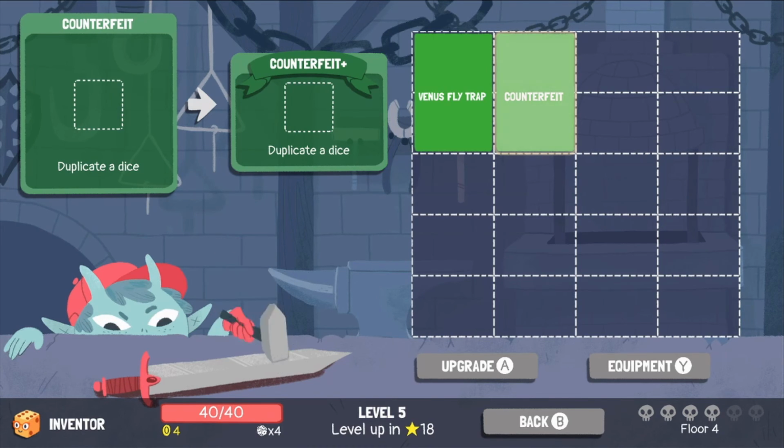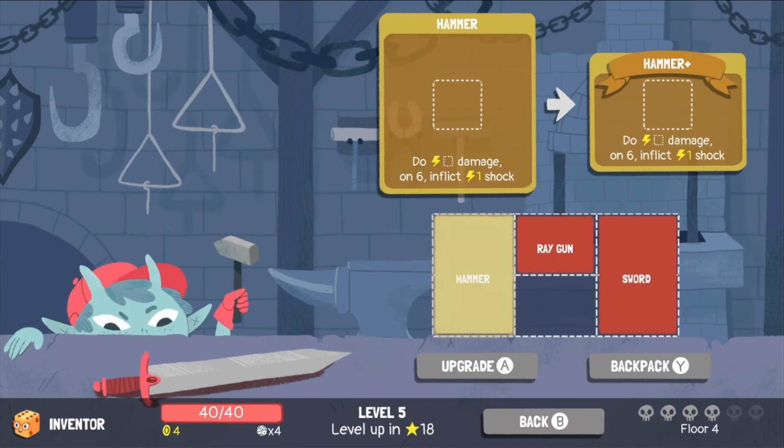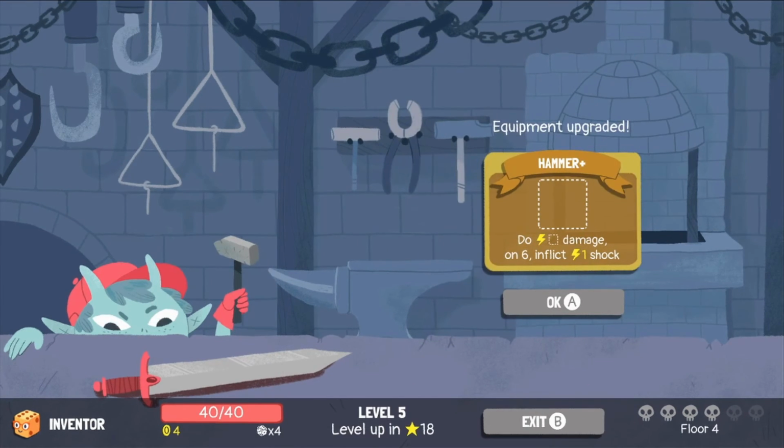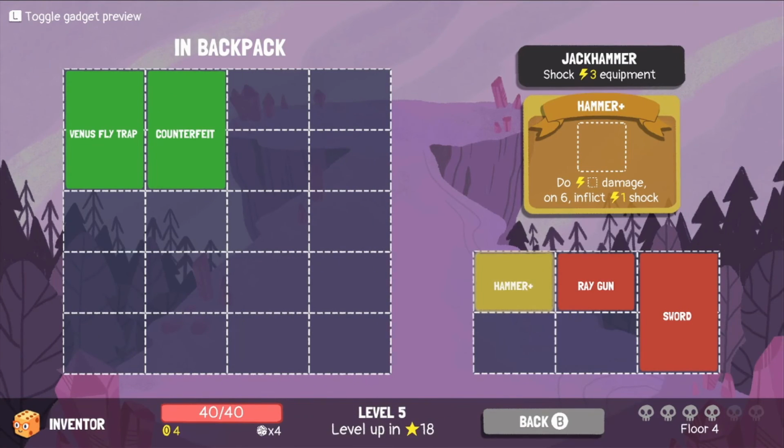which then counterfeit could go well with our underneath our ray gun. However, we're really not hurting for damage right now, so I think the good way to go is to make hammer small. So hammer is now small. We definitely do not want to give that up. And then we are actually going to put...